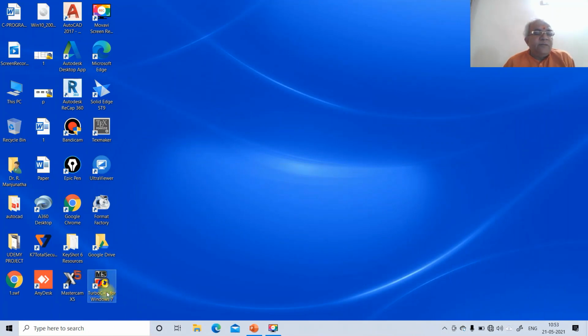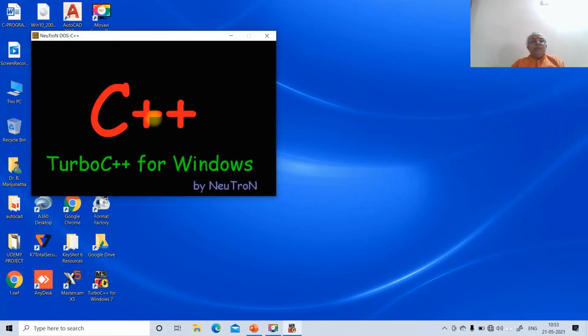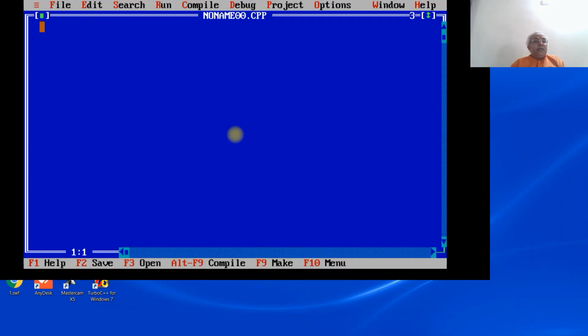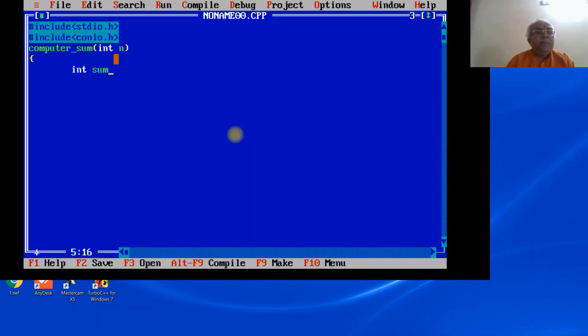So to do that, first we are going to enter into Turbo C++. We will log into the software. Then we will write a program for this. So I will say include stdio.h, then include conio.h, then here compute_sum(int n), then open the braces, then int sum comma I,